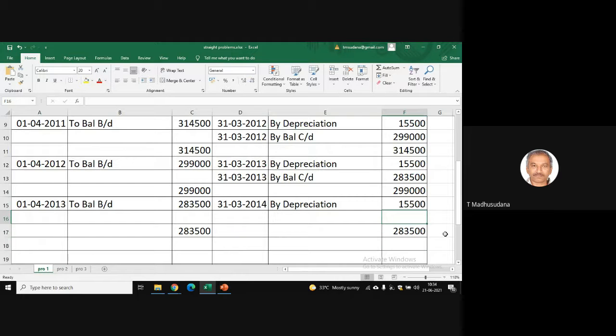What is the balance? 2,68,000, sir. 2 lakhs 68,000. By balance